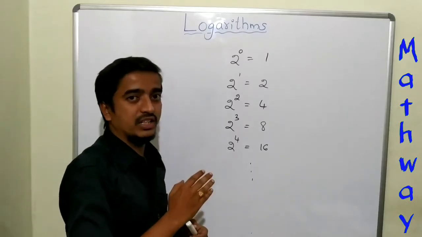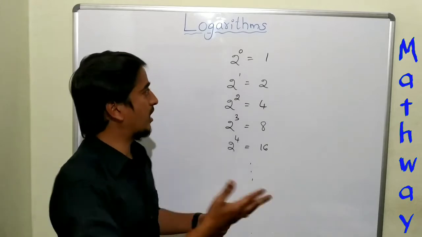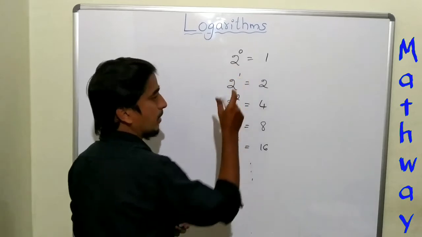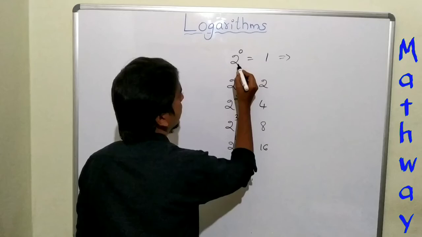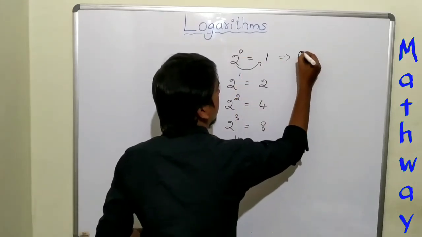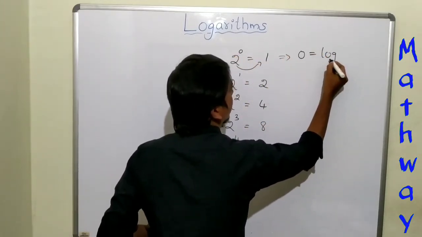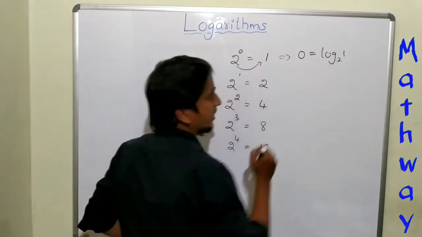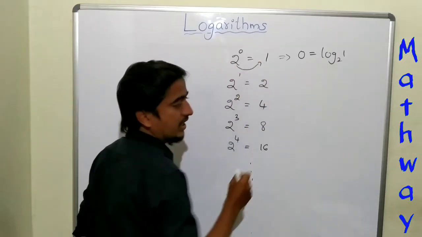So we can convert the exponential form to another form. Those are logarithm forms. The other form of exponential is called logarithms. So let us see how to convert the exponential numbers to the logarithm form. Here, if you transpose this base, then 0 equals log 1 base 2. So whatever number we send across, that becomes the base. So if you change the exponential number, we can take the log form.